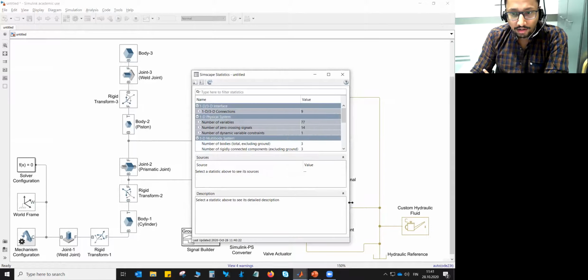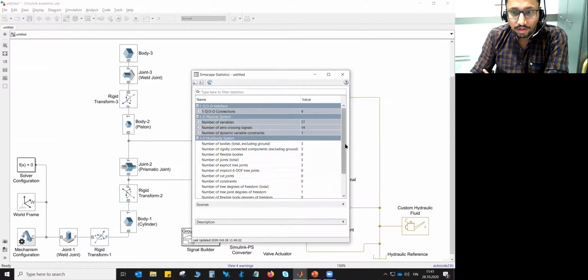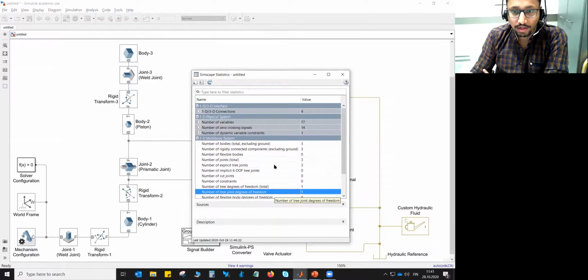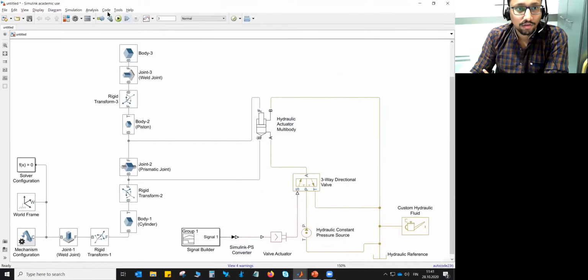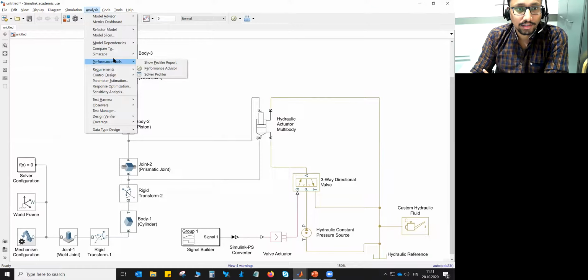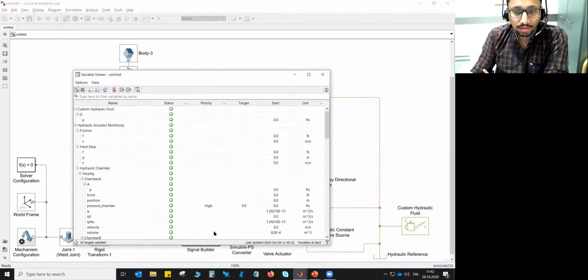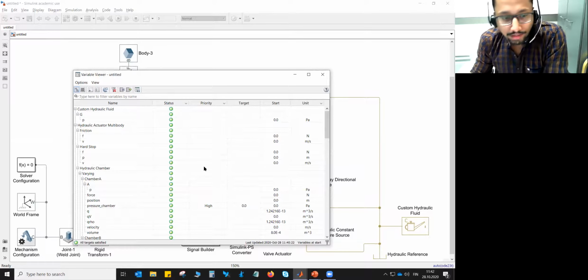Are there any redundant constraints or not? So if we go to the multi-body part, we can see the degree of freedom is 1. There are no redundant constraints. Everything looks fine. And obviously, there are other systems as well. So things are fine. If we go to Analysis, Simscape, and Variable Viewer, you can see the variables that are there.